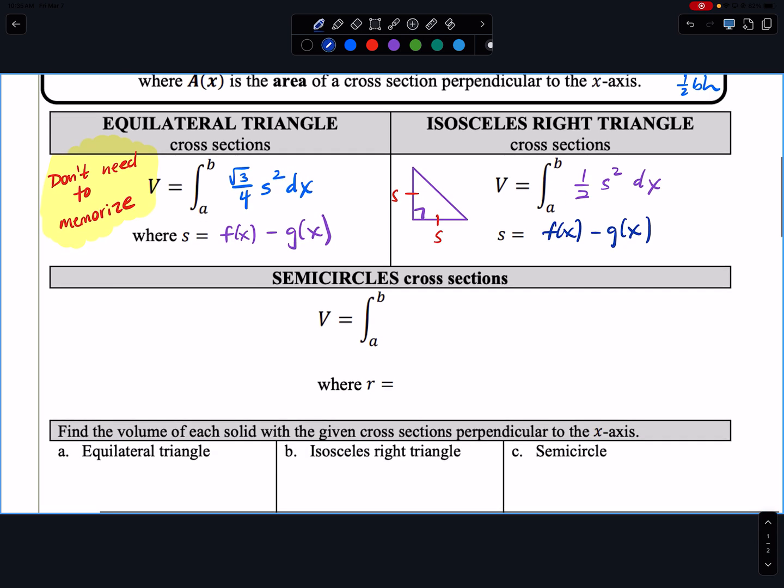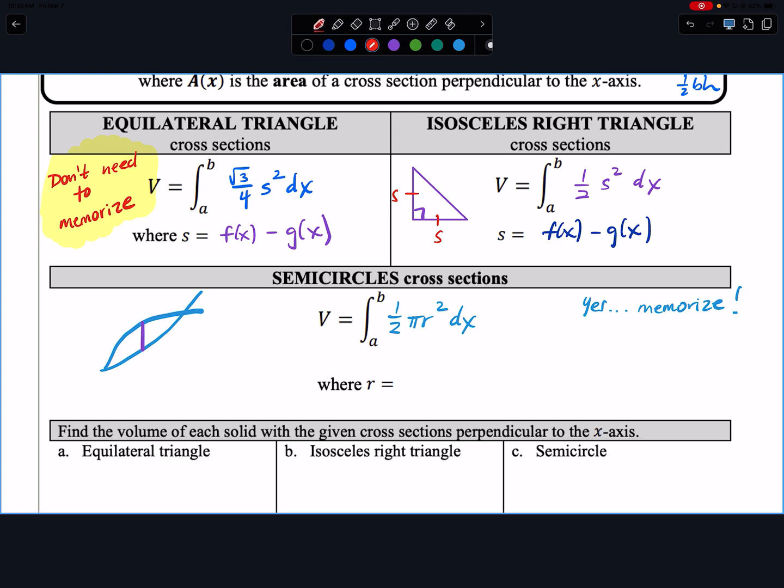All right, so semicircles, I kind of showed you guys with the demonstration already. So this one, yes, please memorize. So the integral from a to b is going to be, remember the area of a circle is pi r squared, but because it's a semicircle, it's half of that. So 1/2 pi r squared dx, where the radius is,